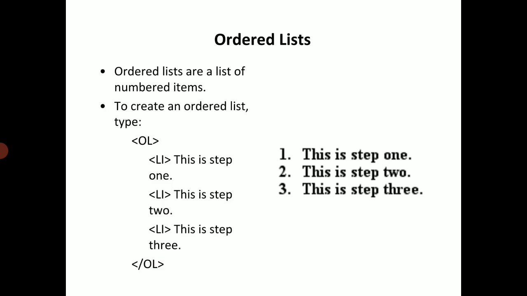And to create an ordered list, we should use a tag called OL. OL stands for ordered list, and within that we have to use a list item, that is LI, and give the list item names. Say here, for example, to create an ordered list like this, 1, 2, 3, we should use three list items. First one is LI, this is step 1, and the second list item is, this is step 2. Next list item, this is step 3. Next, after that, close OL.